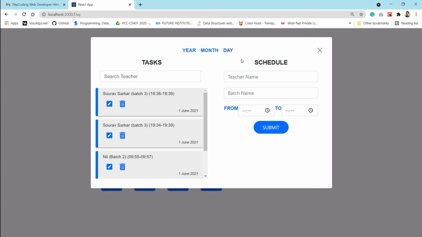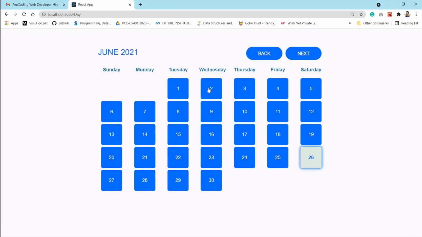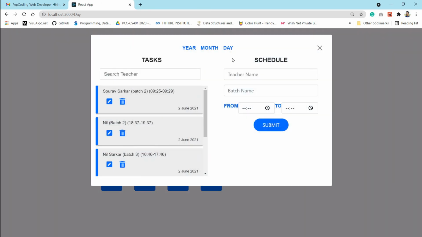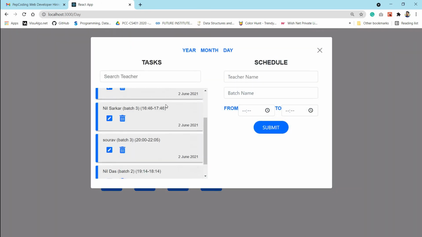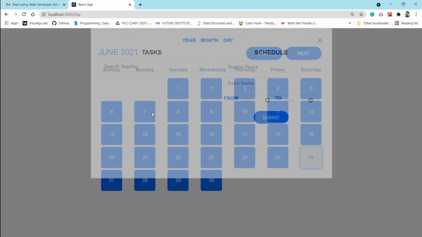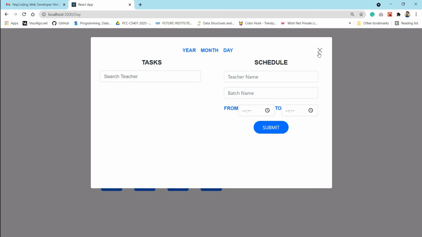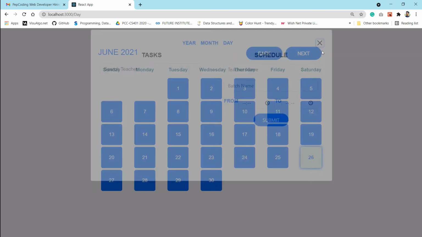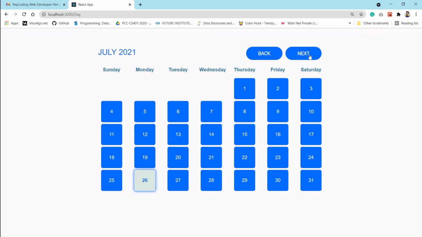So here is our application. We can update, delete on the basis of the day, right? Suppose on the basis of the day, suppose 2nd July, I'm going to see the 2nd July options only, okay? And on the basis of 3rd July, 4th July, see, there are no schedules. An admin has the flexibility to update, reschedule, delete, as well as perform any kind of operations required. Suppose I am going to schedule anything from July, right?